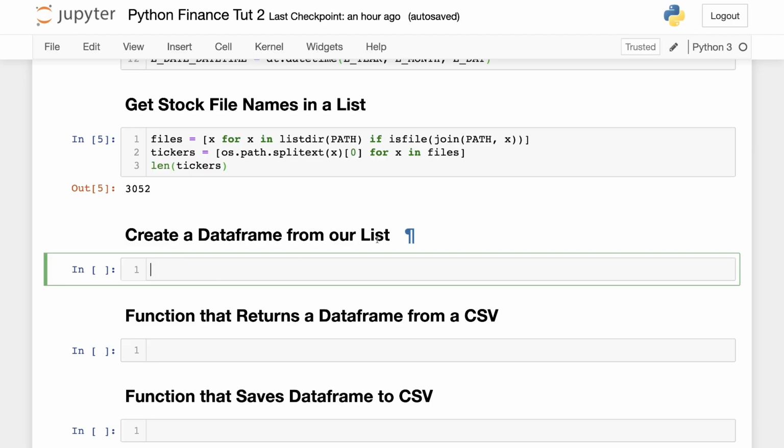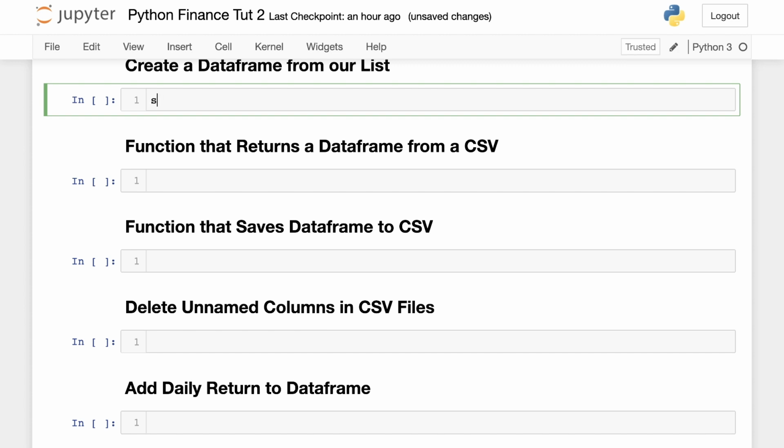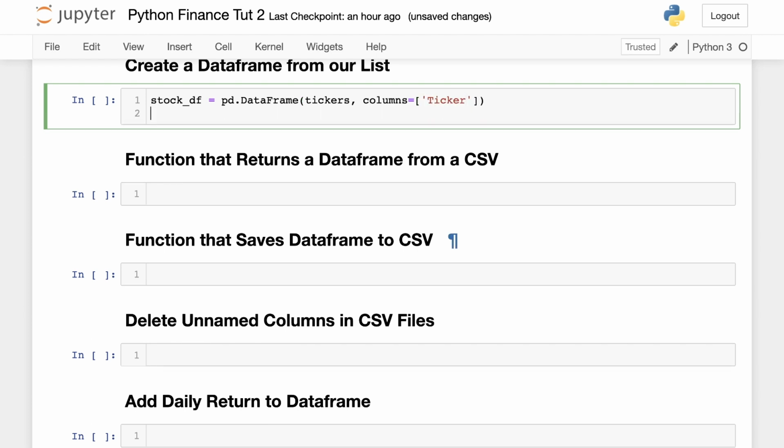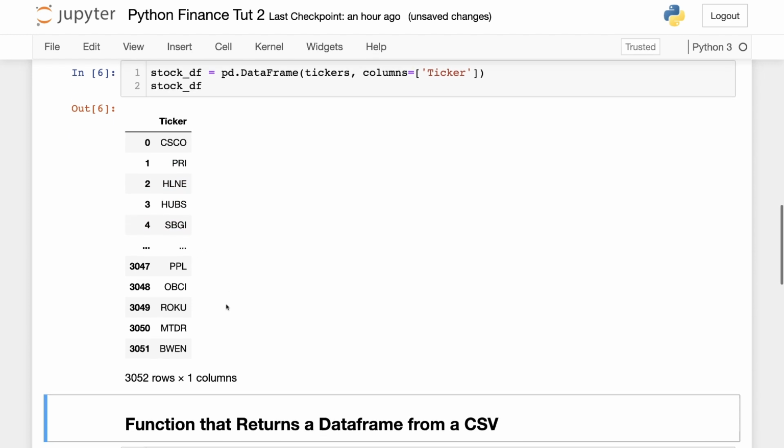All right, so now what I want to do is create a data frame from this list. To do so, let's just move it up here, and we can say stock data frame is equal to pd.DataFrame(tickers, columns equal to whatever the ticker is). So ticker, there we go. And then we'll say stock data frame. And you can see we were able to create a data frame also for that,